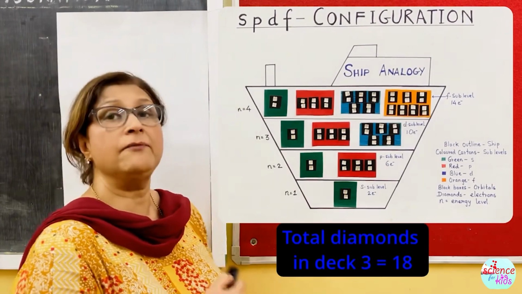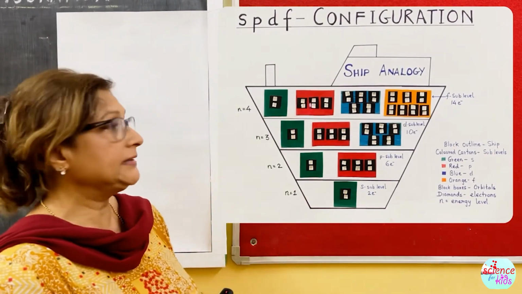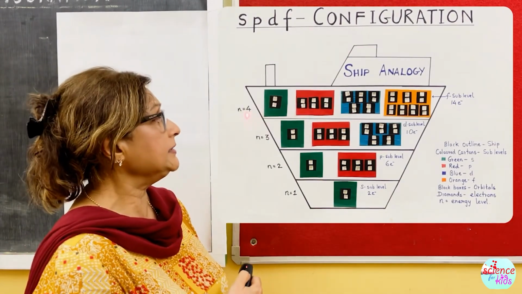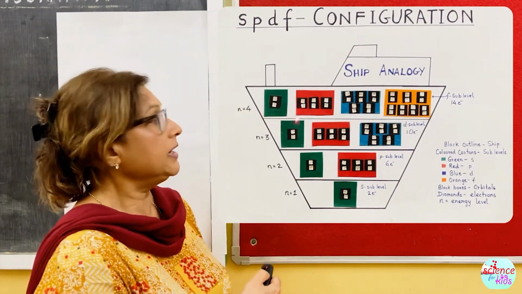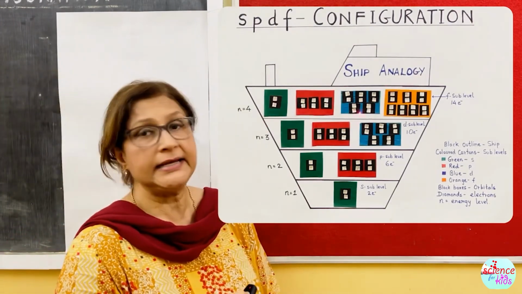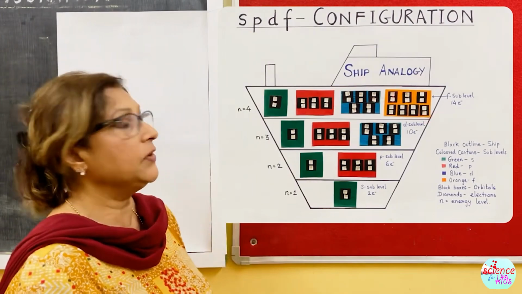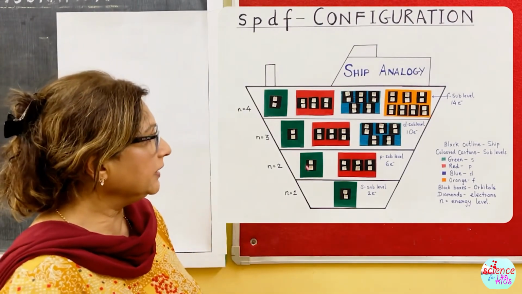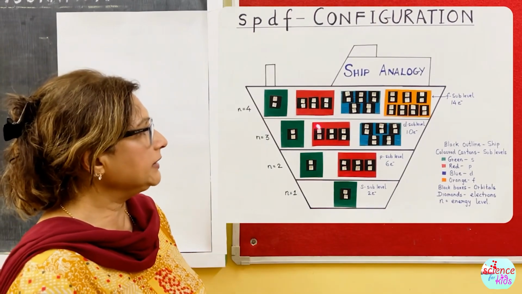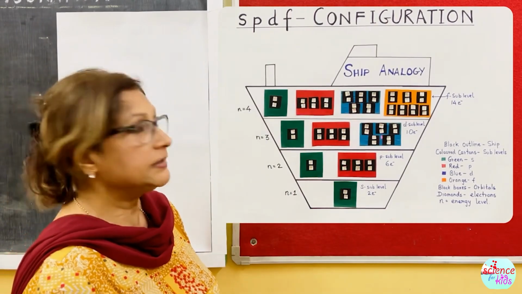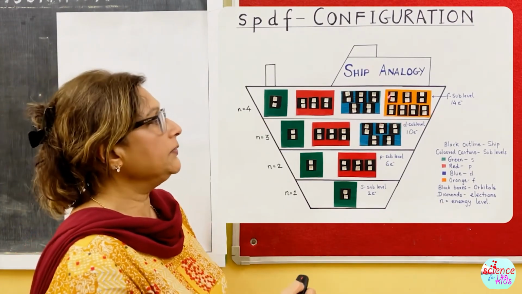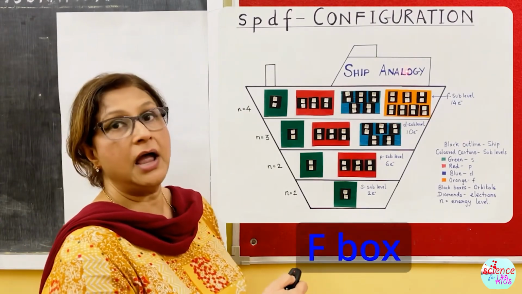Now how about if you have more than that? In that case, you have to rent our last deck. That deck is known as deck number 4 or the top deck. Now, as you can see, there is one additional box in there. The first green box is similar all the way. The red box is similar all the way through deck 2, deck 3, deck 4. The blue box is exactly like deck 3. And then there is one additional box here, the orange box or the F box.